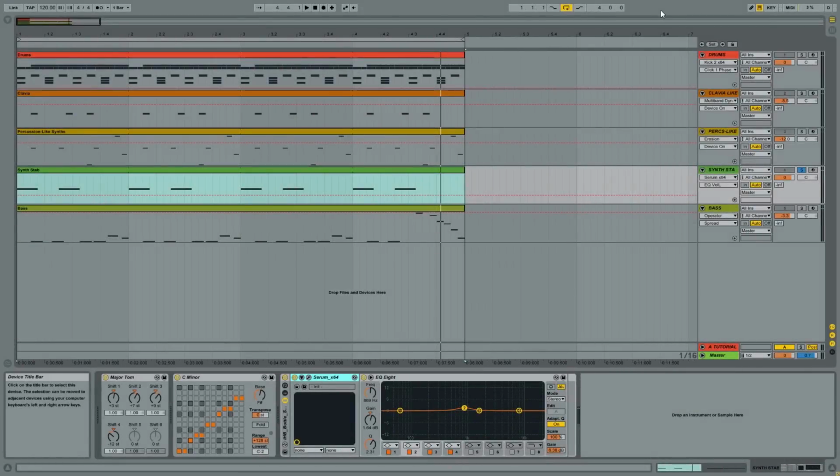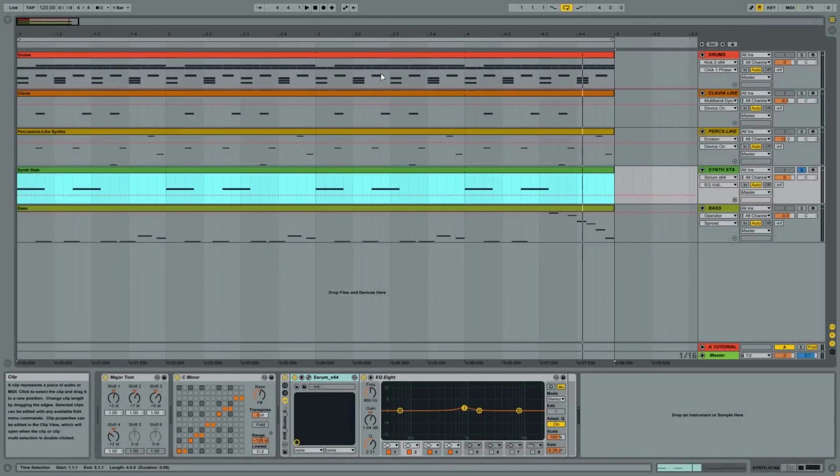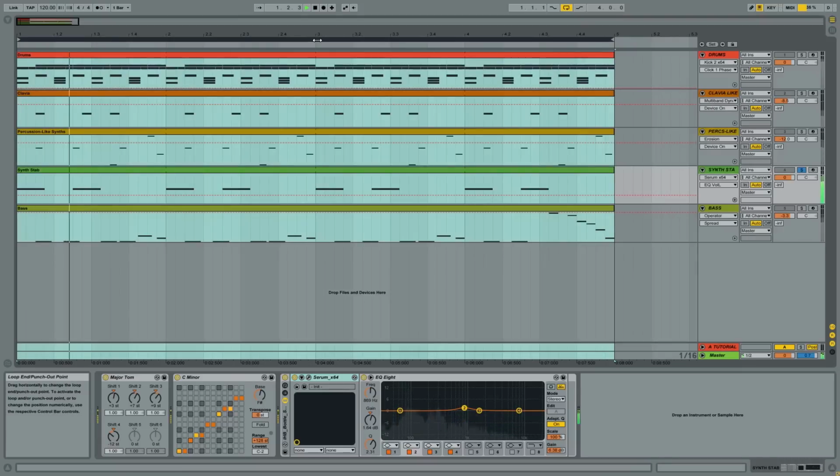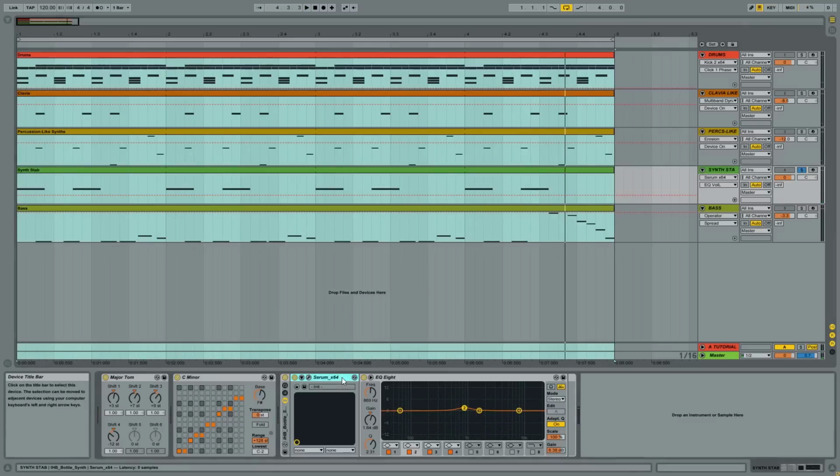Hey, Dan Larsson here, and welcome to the third part of this Housey Groovy tutorial series. In this video I would like to show you how I made this synth tab. So this is a Serum preset, but before we jump into it, let me show you that I use this